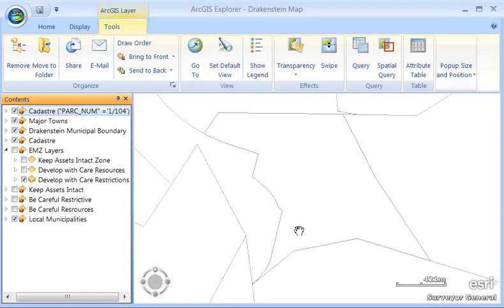And the first thing it'll do is add it to our table of contents at the top here. A new layer is added, and then zoom automatically to our feature or our property boundary. Right, now we can perform a little query on it. We can, using our little hand tool, we just click on our property,